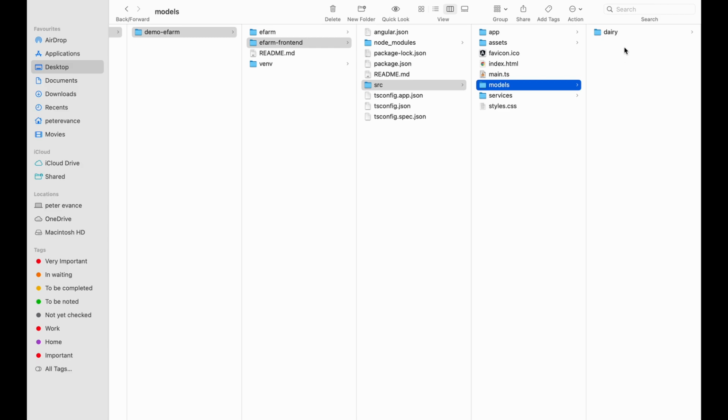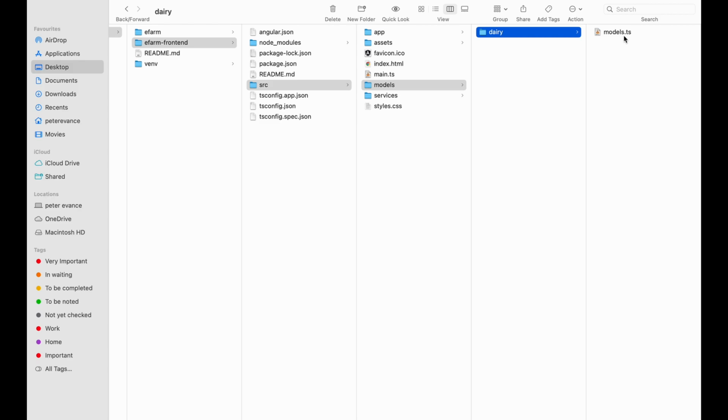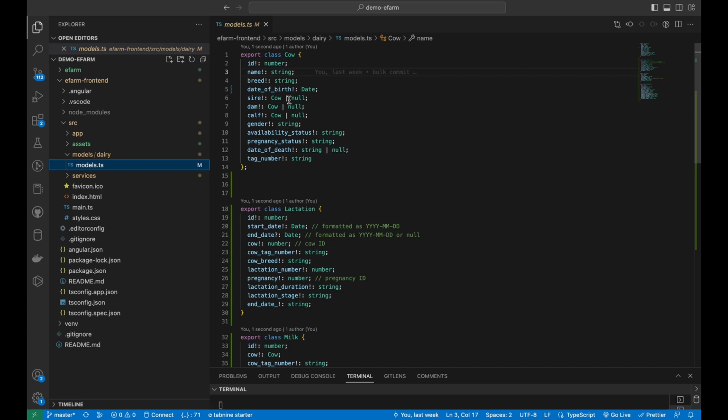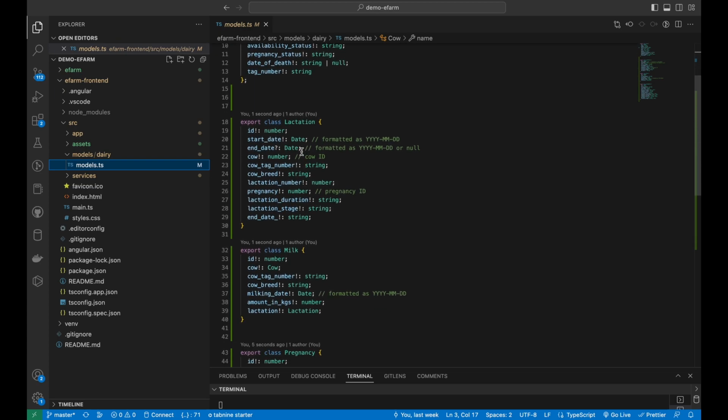And so having the dairy folder with its own models specified makes it a little bit easier to manage and to actually debug if there could be any error in future. So in the models.ts file for the dairy, previously we had the cow interface. Today, now that we added the lactation model, the milk model, and the pregnancy, we also have their interfaces here,